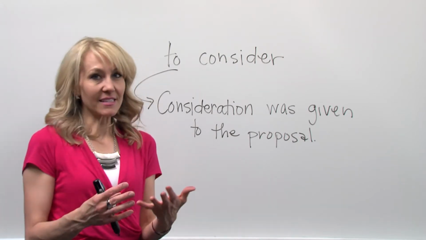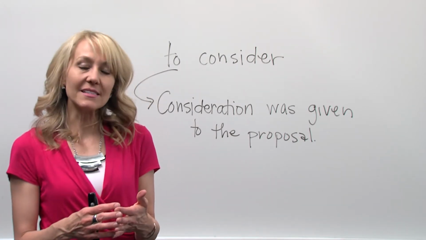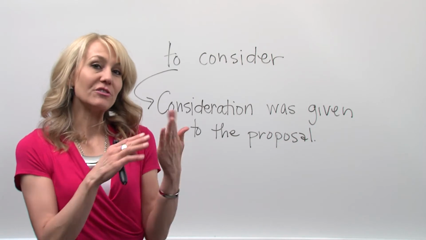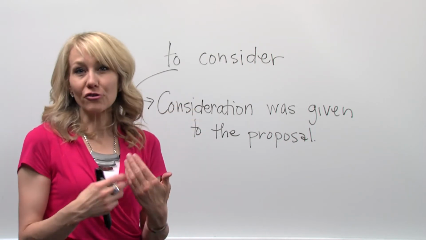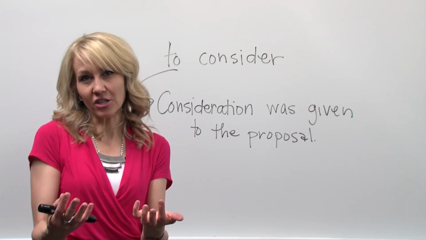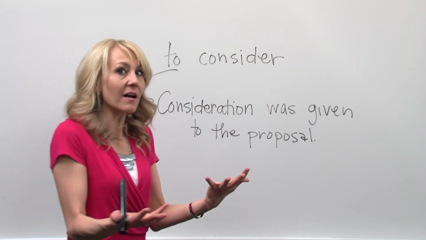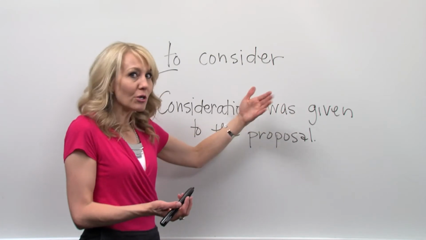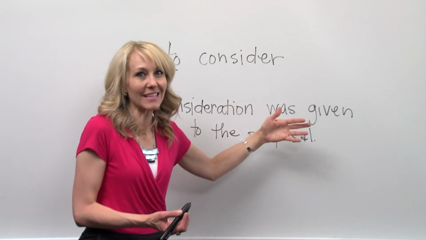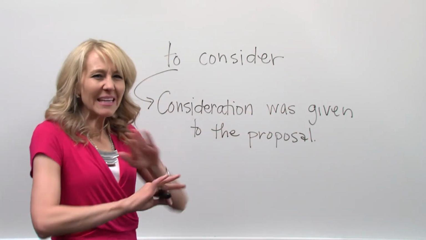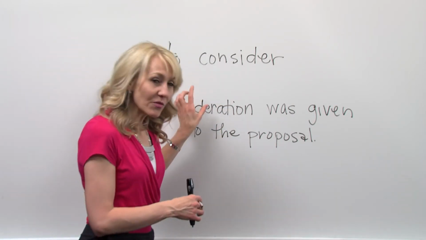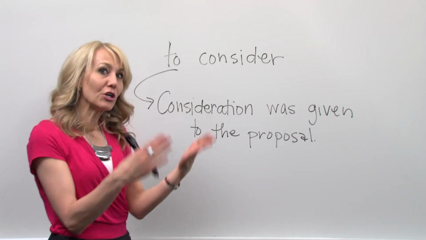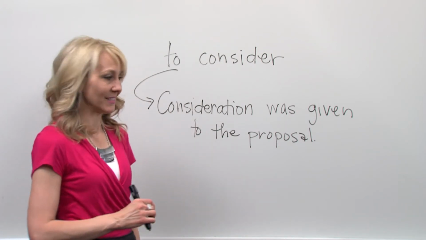The second problem with the sentence is that generally, when you take a nominalization and you've got that verb functioning as a noun, you've created a passive voice construction, right? It makes sense because I don't know who did what. Consideration was given. So wimpy, lame, yucky, let's go ahead and change it. So I'm going to take out the nominalization and I'm going to tell you who did what with the sentence.